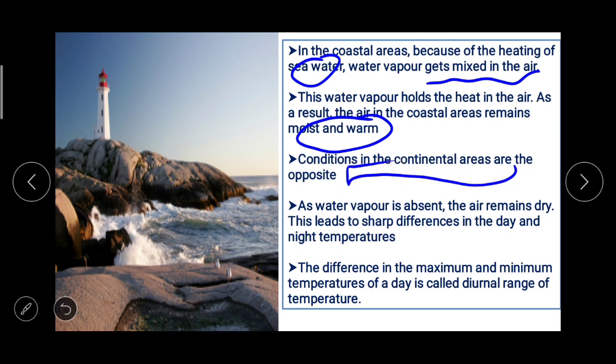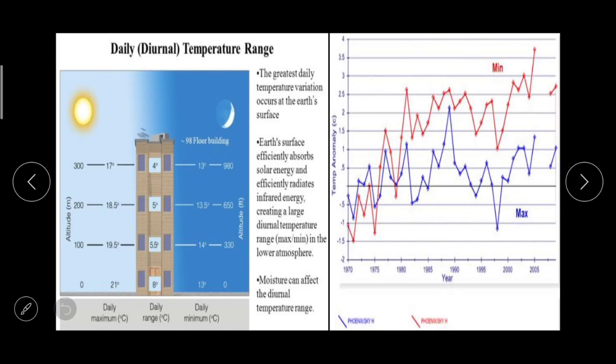So conditions in the continental areas are the opposite. As water vapor is absent, the air remains dry, and this leads to sharp differences in the day and night temperatures. So the difference in the maximum and minimum temperatures of day is called diurnal range of temperature. This is what you have to keep in mind. Then the next thing,